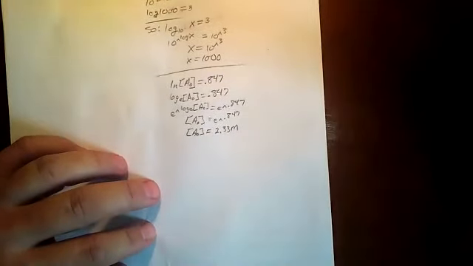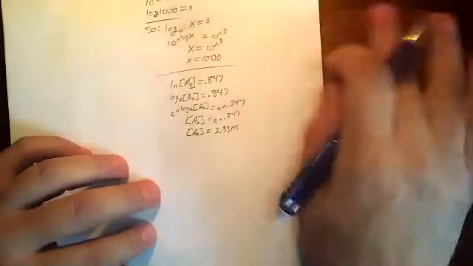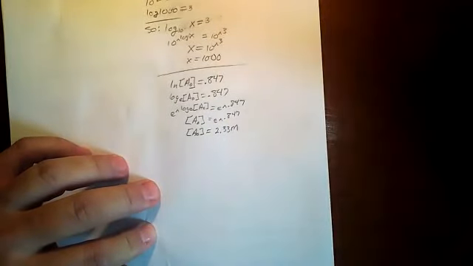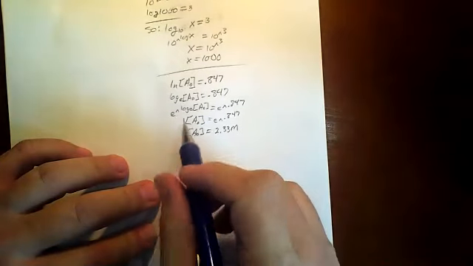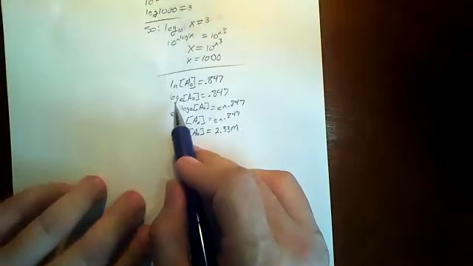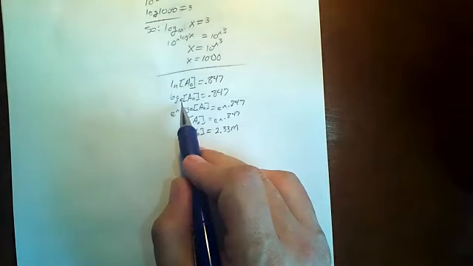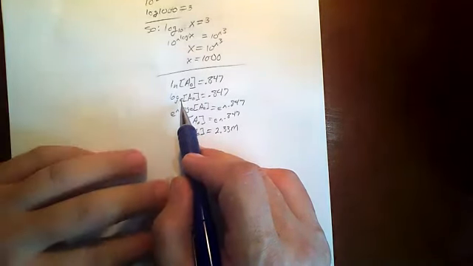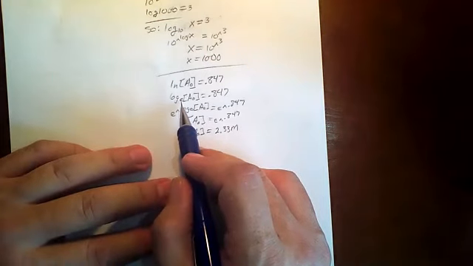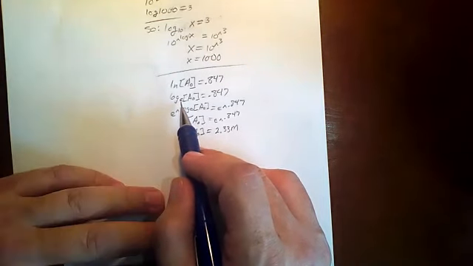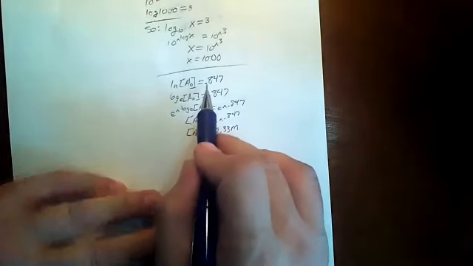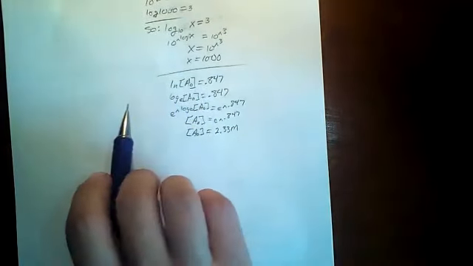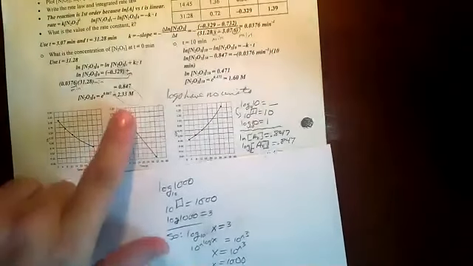So this goes right up to the edge of my ability with logs, and I still don't understand what e is, and maybe someday I will put enough thought into it. But anyway, natural log is log base e, which is a special number, like pi is a special number. And it goes on forever, I think. You don't even have to know what it is to work with it, just like technically you don't have to know what pi is to get the right answer. So when we have ln of some molarity equals 0.847,